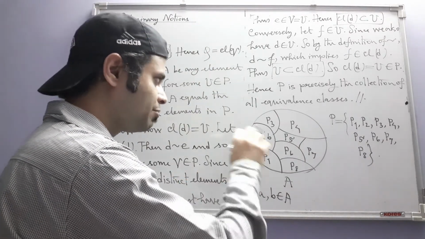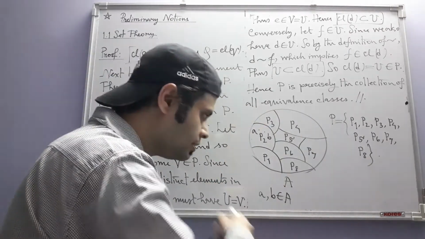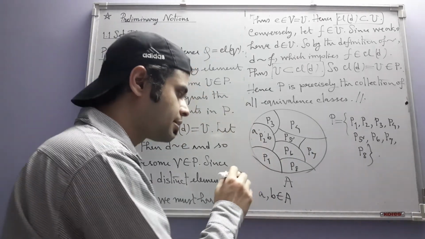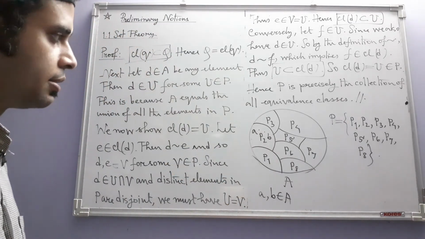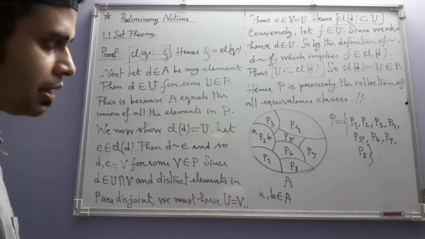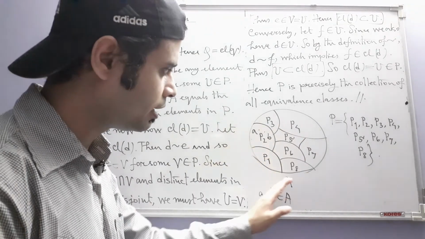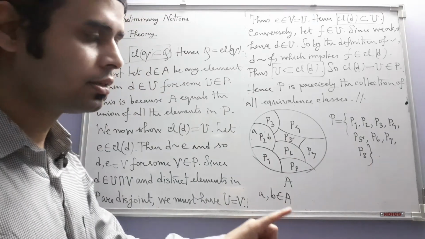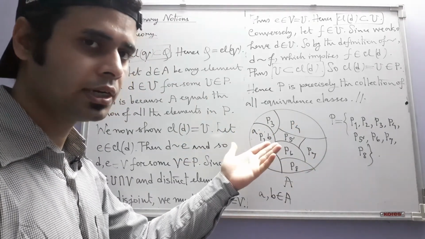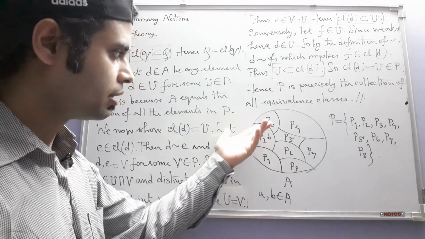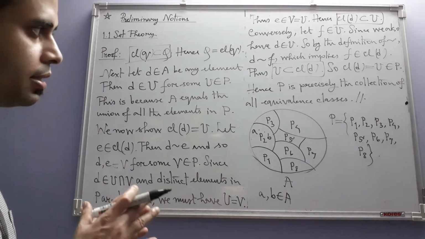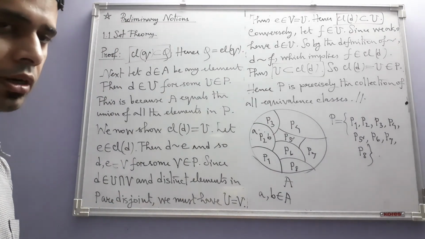We have been able to prove that this relation is an equivalence relation, and the equivalence classes that this relation generates, they are nothing but these subsets. Okay, so given an equivalence relation, we can partition A into compartments like this. Conversely, given a partition of A like this, we can define an equivalence relation for which the equivalence classes are precisely this. So that is the fundamental theorem of equivalence relation.